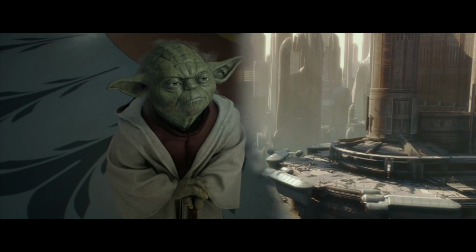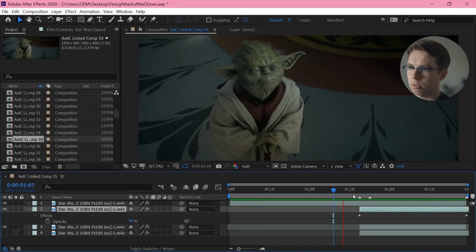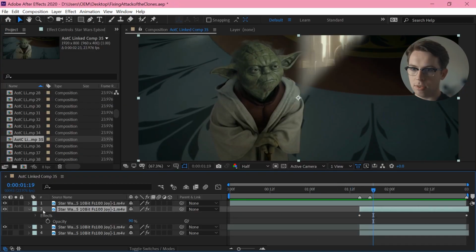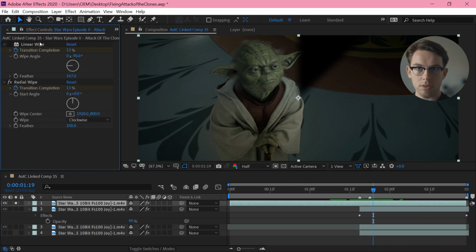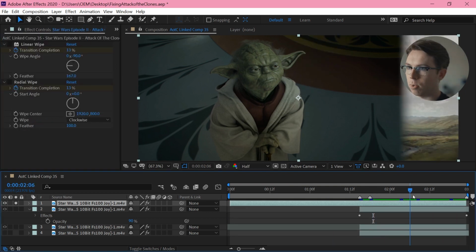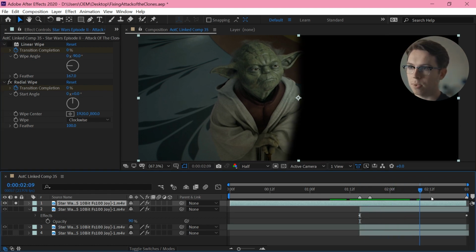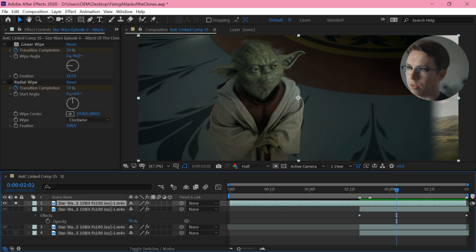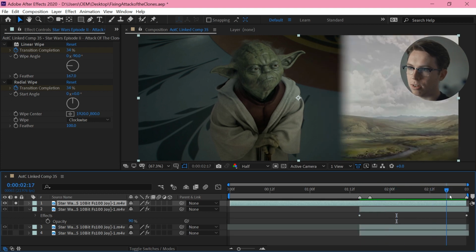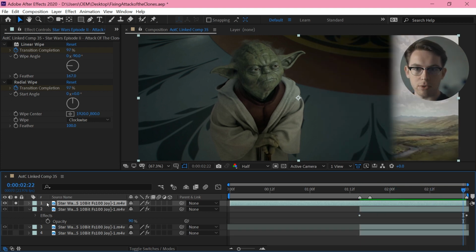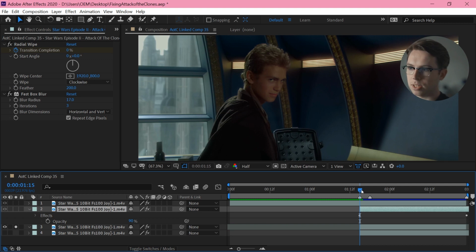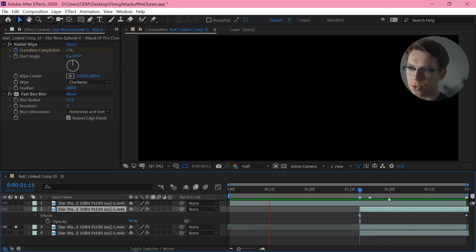Shot 35, just a simple transition. I want to take this top shot, which is a linear wipe away from Yoda, and I want to put this radial wipe on top of it. So to stop this footage over here from interfering, I've just got that bouncing back before it gets to halfway, and then at the bottom, this is where that radial wipe comes from, this shot.